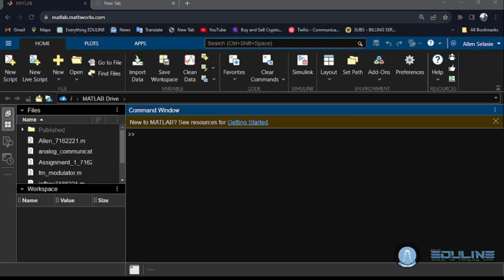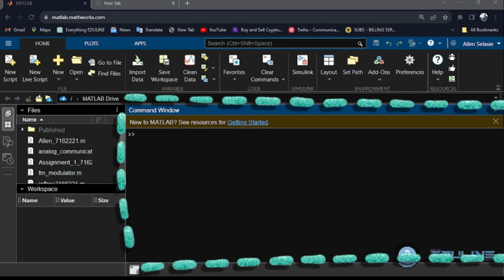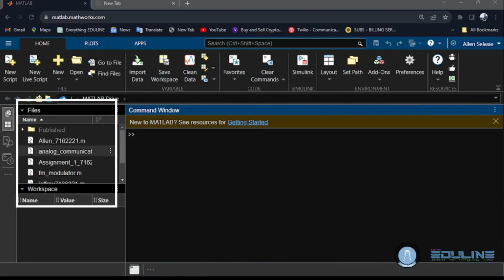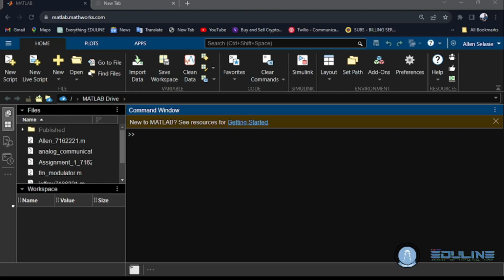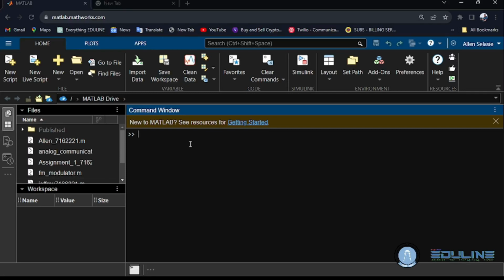And then here we have the command window. And then this is the file tab that can show you your previous files. These are files from assignments Dr. Justice gave to us some time back. Down here is the workspace. The workspace is used for storing variables that are already defined or assigned, and the command window is for inputting commands. So in programming, when we talk about a variable